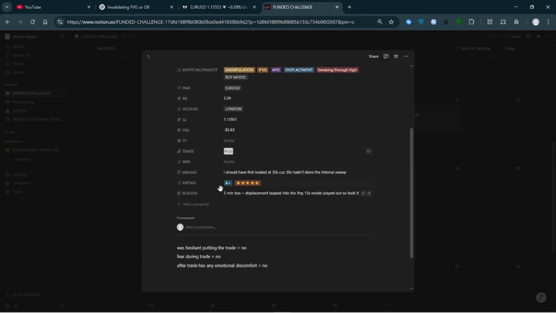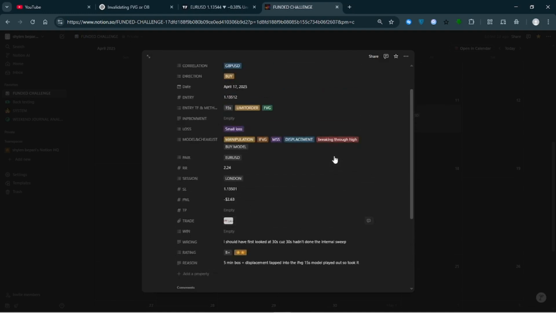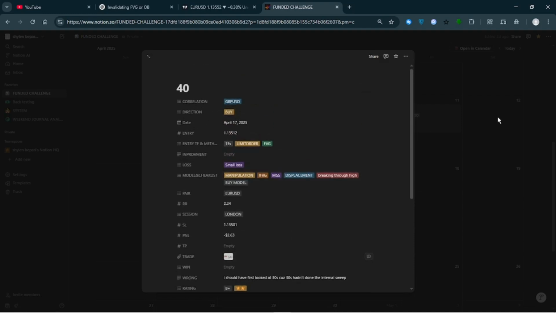But that's all. So I might not give it an A plus, but I would give it a B plus. It's a B plus, something like 3 star, 2 star, whatever. Okay, I should have followed the proper stop hunt sequence, and sometimes you need 2-3 time frame alignment together. So this was the London session trade, overall all right.